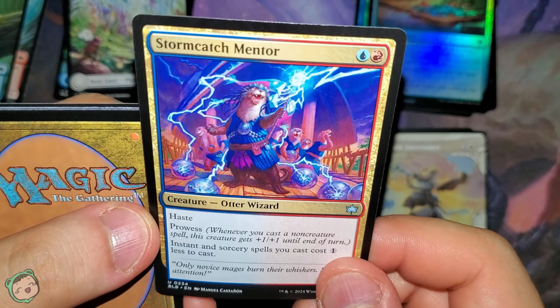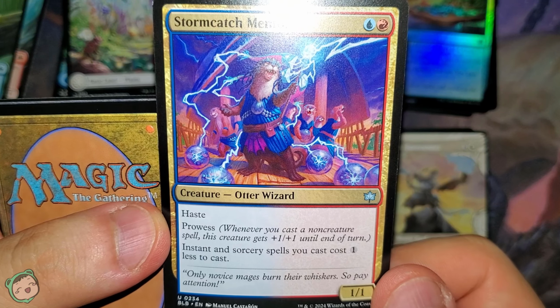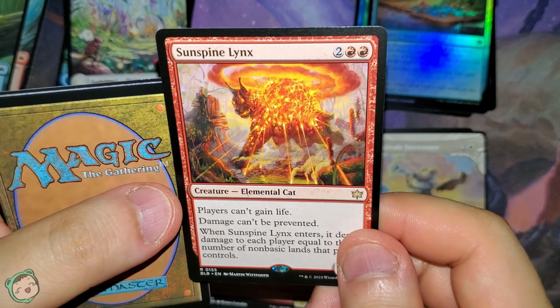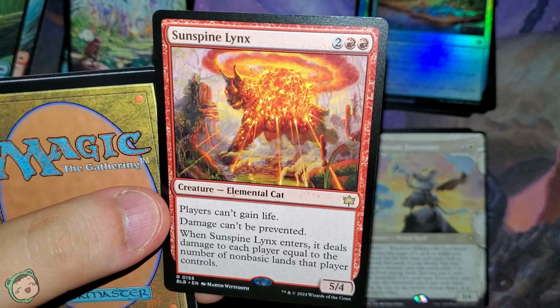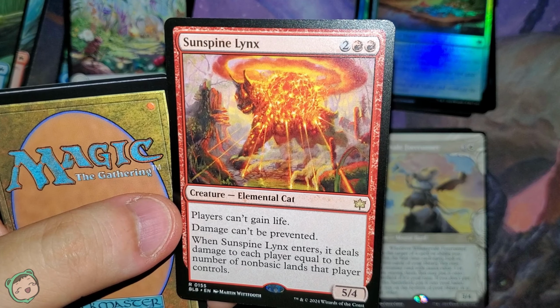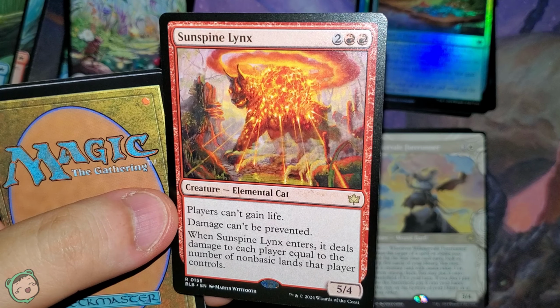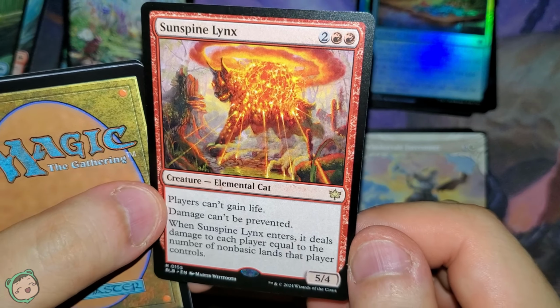Alright, we got a Stormcatch Mentor for blue-red. Haste, Prowess, instant and sorcery spells you cast cost 1 less to cast. Alright, and then the rare is a Sunspine Lynx for 2 red. Players can't gain life. Damage can't be prevented. Whenever this enters, it deals damage to each player equal to the number of nonbasic lands that player controls. To each player too, so...